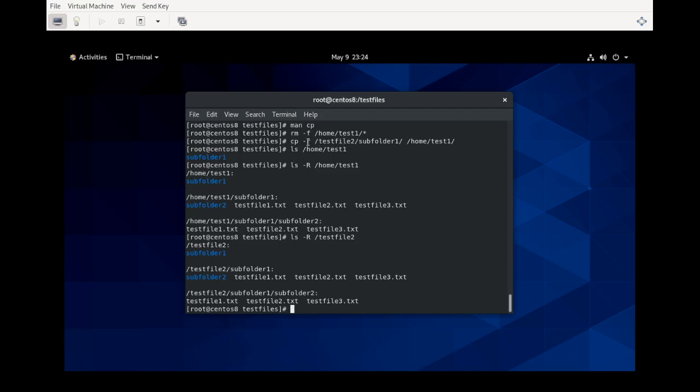We copied recursively the subfolder 1 folder to home test 1, and so therefore it copied both the folder and it copied the contents that were within the folder, which are these three test files and subfolder 2, and it copied subfolder 2 with those. So I guess the question would become, is it possible to copy